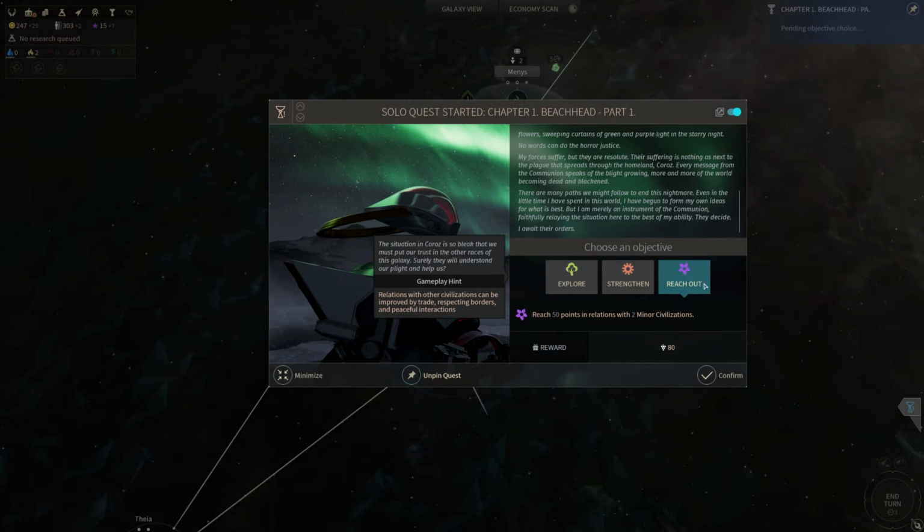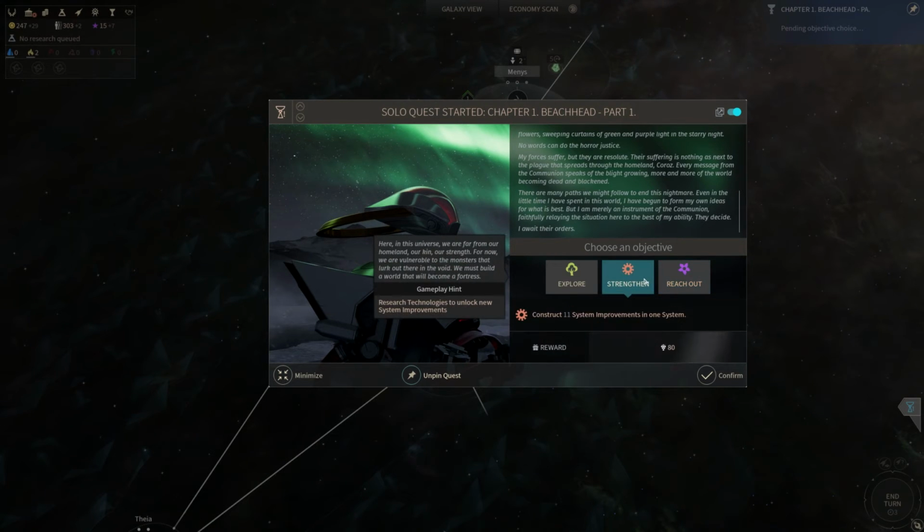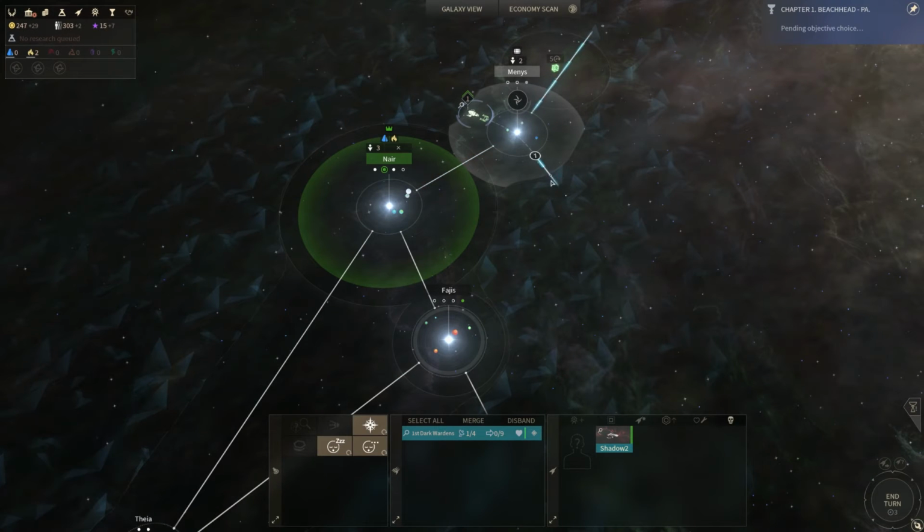And next is reach out. Now this depends very much on your starting situation. If there are minor civilizations near you, you might want to go for that, especially if those are minor factions that you are interested in. So far, I already discovered one, which I don't care about, but if I find another one in their stead, for instance, then I may want to go for reach out, but personally I just like strengthen way more than anything. So let's go ahead and have a quick look-see at...